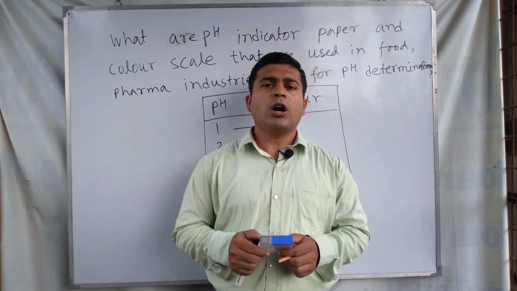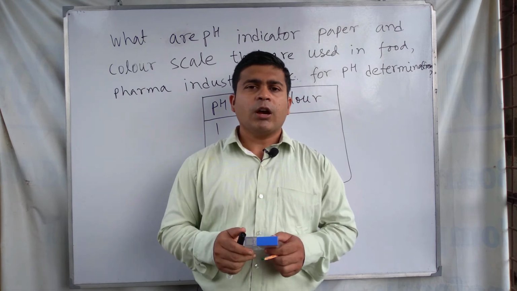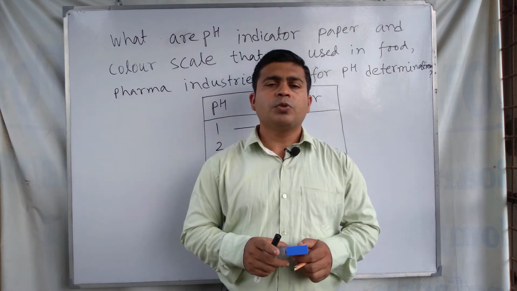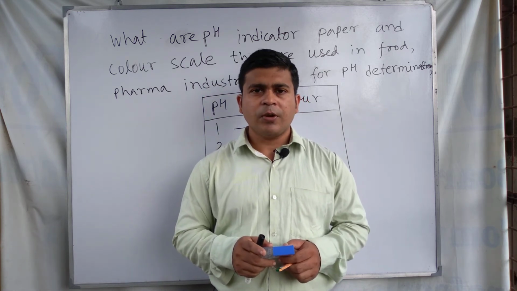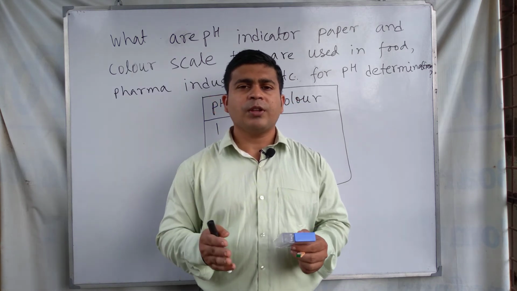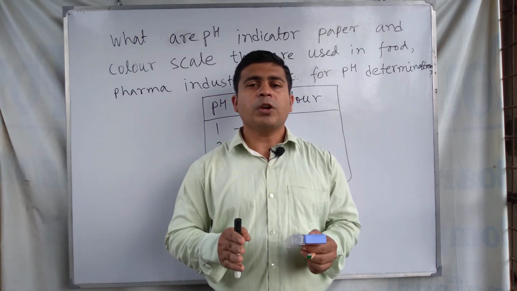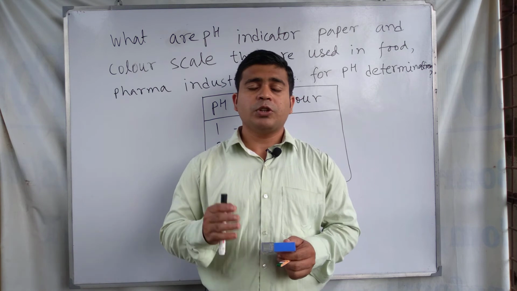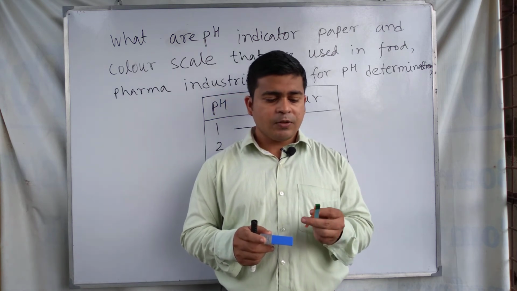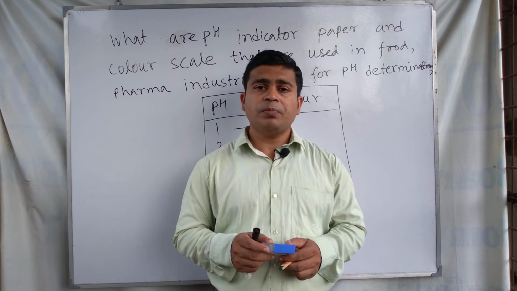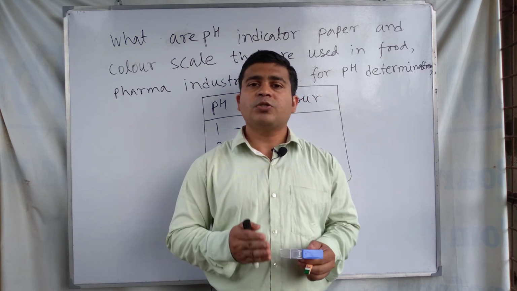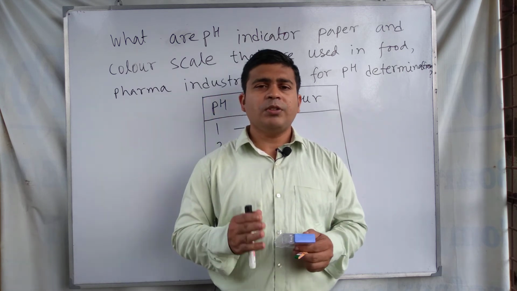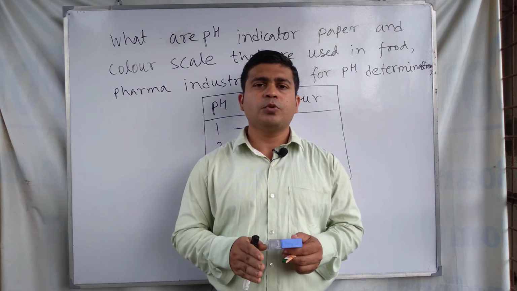It is used in the food industry, pharma industry and chemical industries like detergent powder making. In many industries we have to control the pH of the substance, or some substances act as buffer substances, where we have to maintain a nearly constant pH. In that case we can use this pH determination strip to understand what the pH of the substance is at that time.